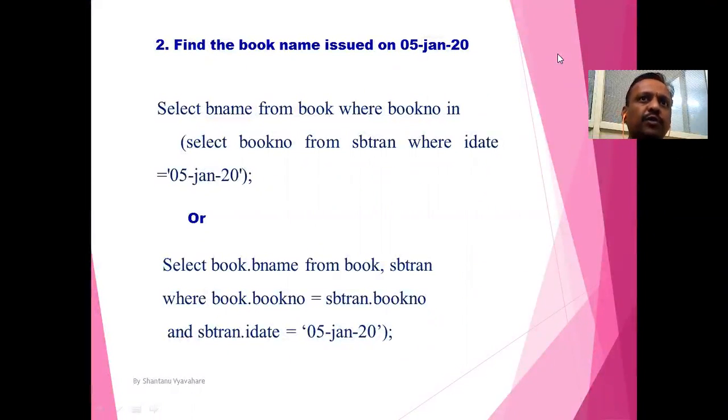It is nearly similar to the first one, but the only change is that instead of student, we have to choose book. So books issued on 5th January 20.